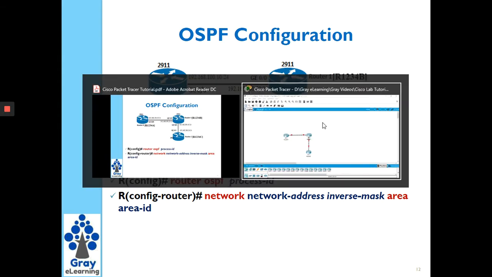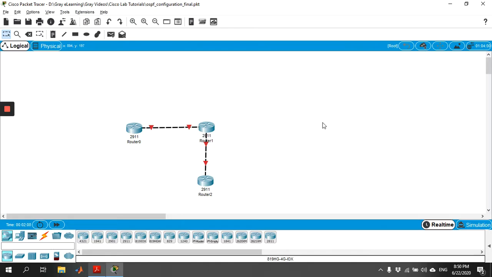We'll open our Cisco Packet Tracer model. I already configured the basic structure. Now we have to start with all three routers. First of all, we'll set a host name and enable password, then set an IP address on all three. Initially they are not able to ping each other. Then we'll configure OSPF and verify whether they are able to ping. So let us start with my first router.